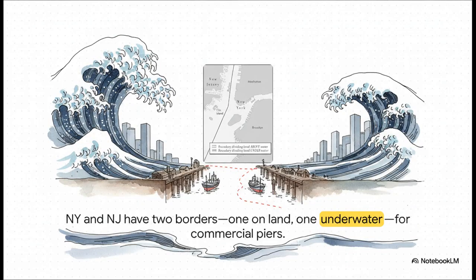And sometimes the outcomes are just weird. Get this, New York and New Jersey actually have 2 borders between them? Yeah, 2. One is the shoreline, which makes sense. But there's a second one, totally underwater, that runs right down the middle of the Hudson River. Why? Well, it was an economic compromise, so New Jersey could build out its own commercial piers. It's a perfect little example of an economic squabble literally hardening into a permanent two-layered piece of geography.